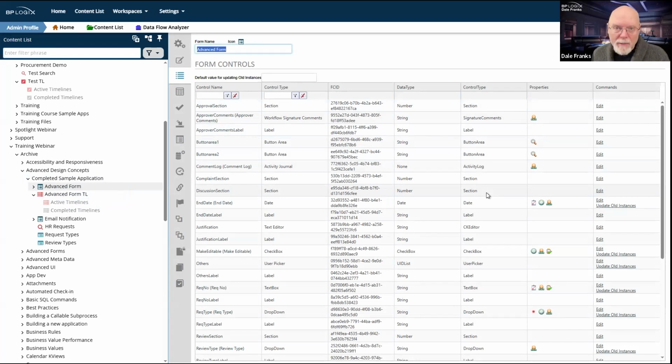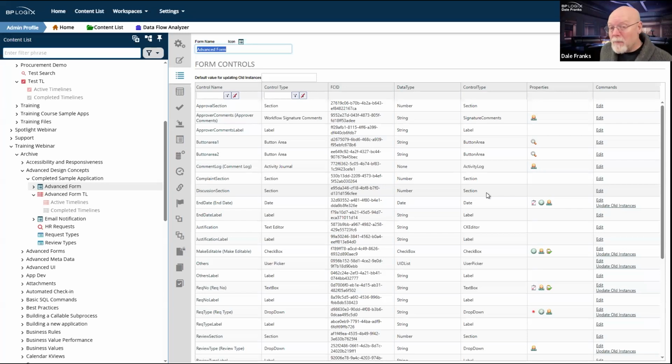And every time that someone fills out that form from now on, they'll be able to fill out those fields. We like that. That's cool. However, all of our old instances don't have any of that data. Those fields didn't exist for that form instance when it was created. So therefore, even though the fields now exist, the values in those old form instances will be null.